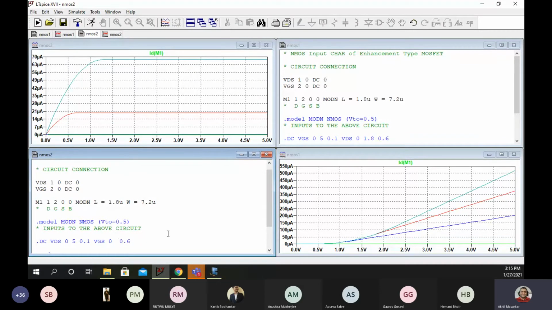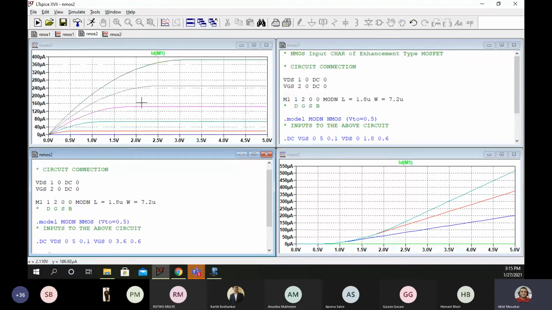If I make this 3.6, you can see some more. So 3.6 divided by 0.6 is 6. So you should see 6 color lines, 1, 2, 3, 4, 5, 6. You can see blue, red, green, pink, some shade of green.